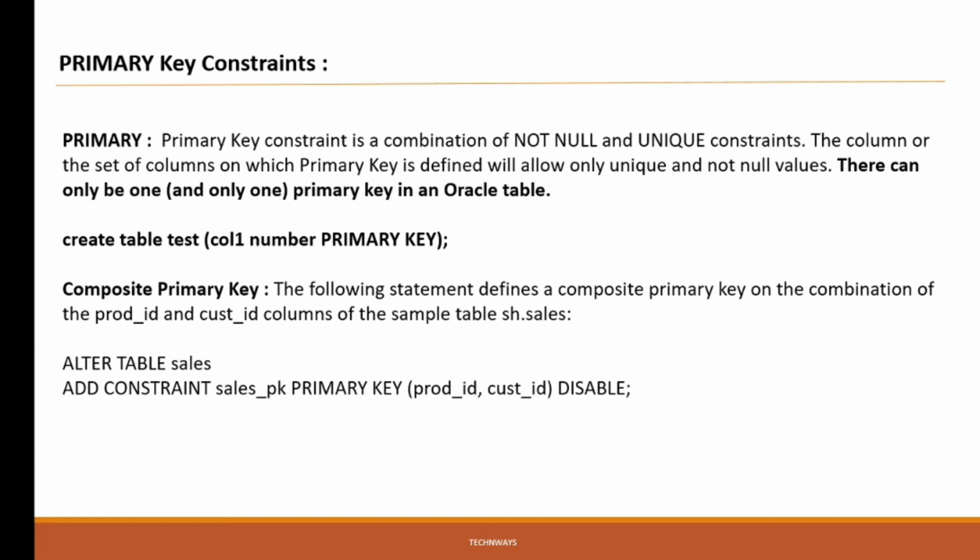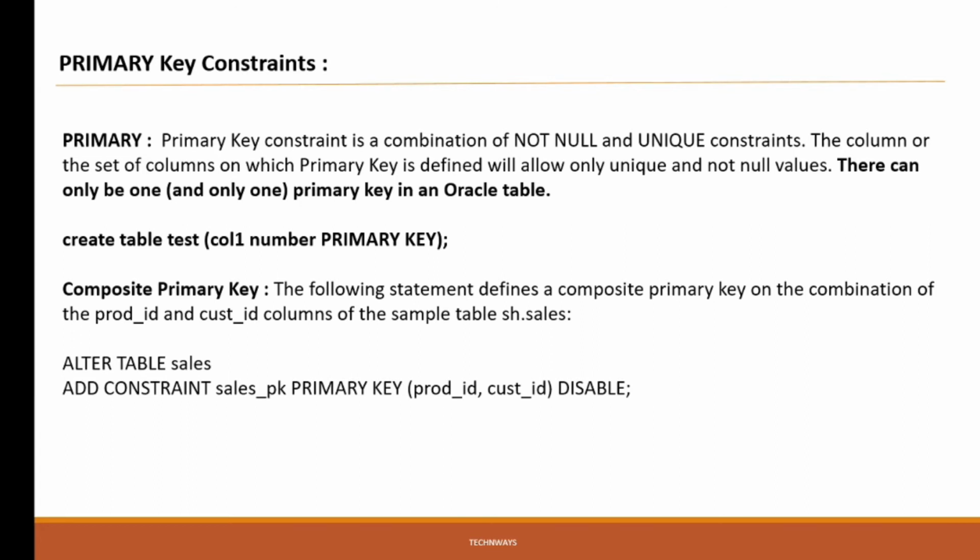It's a unique identification for the record, the preferred one which can reference the table. If we give customer ID as a primary key, then there should always be a customer ID present in the table, and that customer ID uniquely identifies the record. So this primary key is very important.